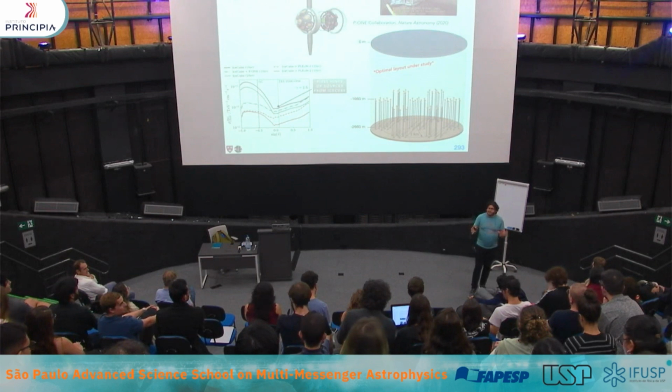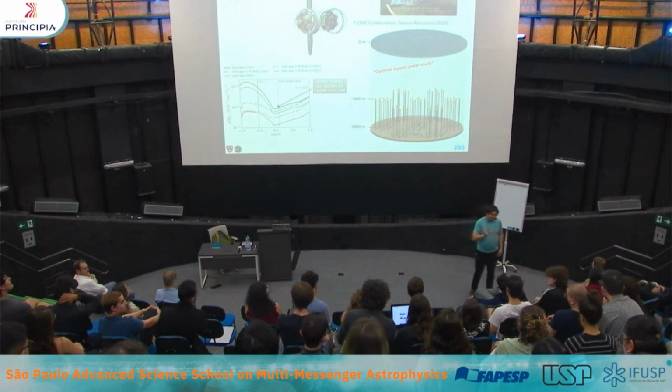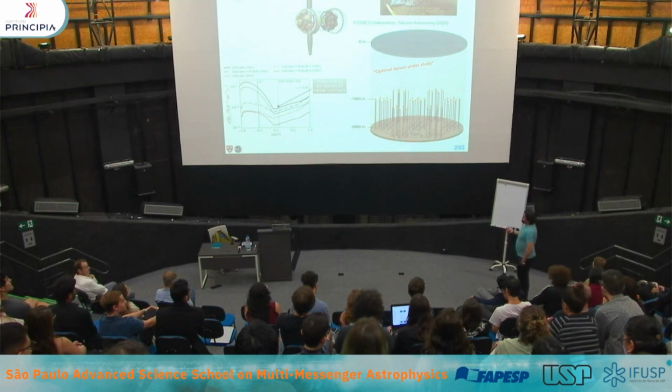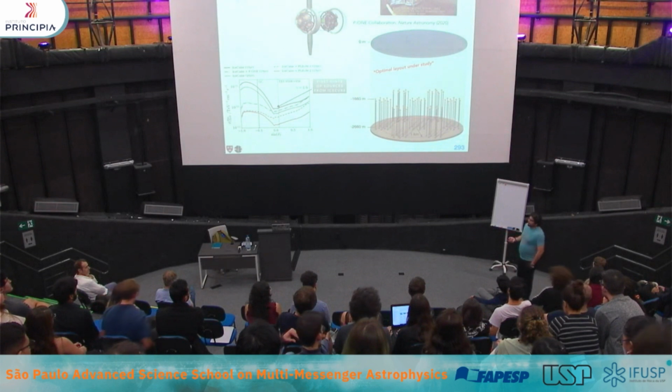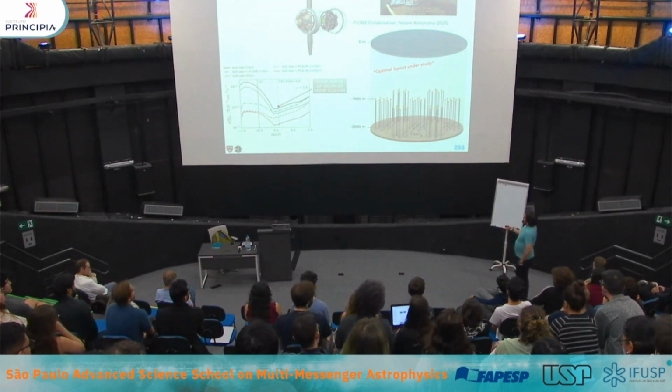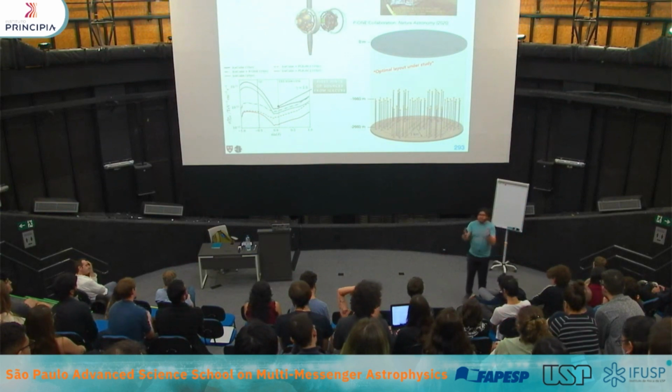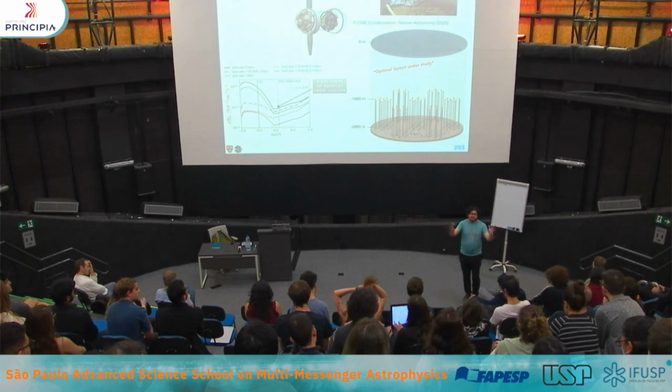So things are a little in flux. One thing that's nice about the water detectors is that in water, unlike ice, you can actually redeploy your strings. So if you don't like how they're placed, you can move them around and put them in a different way. You could decide that first, and this goes back to your question: what sets my typical neutrino energy? It's my spacing between my sensors.